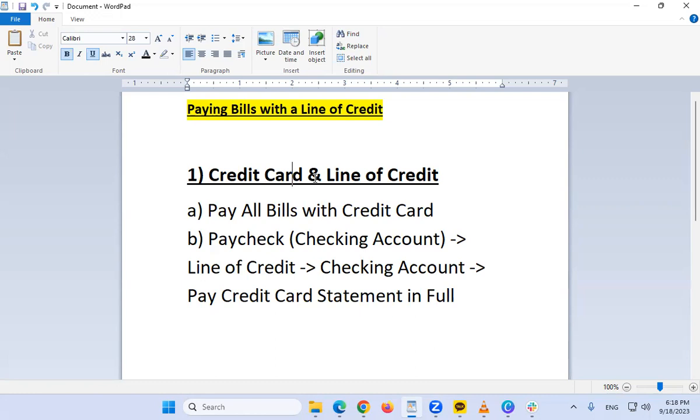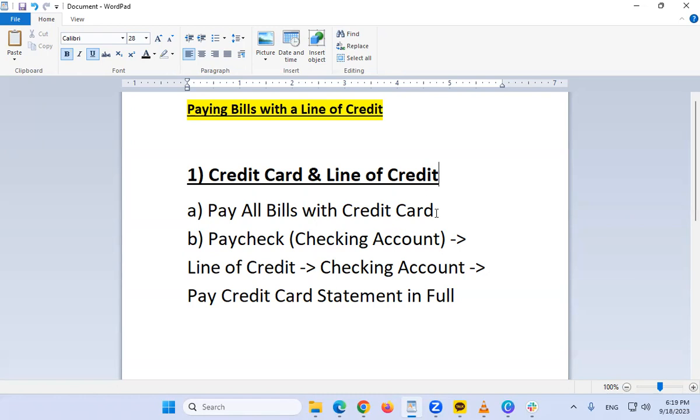So back to here. There are going to be several scenarios that I'm going to review. So let's say we have access to a credit card and a personal line of credit, right? So this is my most preferred method of paying bills with the line of credit. What's going to happen is that you're going to pay all your bills with a credit card, right? Because assuming that you're not going to carry a balance, you pay all your bills, and once that statement due date comes, then you just pay off of your line of credit, assuming that you're using velocity banking to pay off your other bills. Now, if you didn't have any other debt with your personal line of credit or HELOC